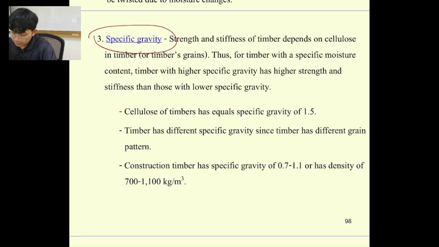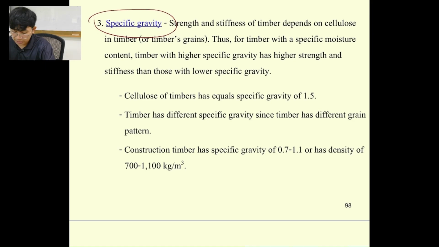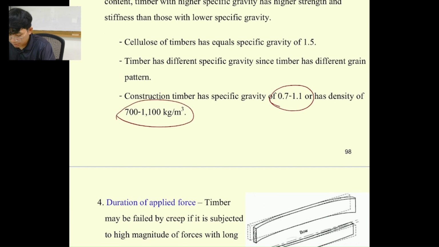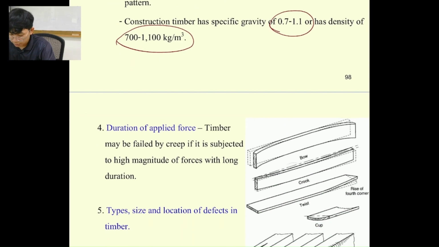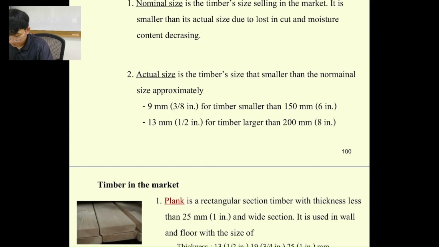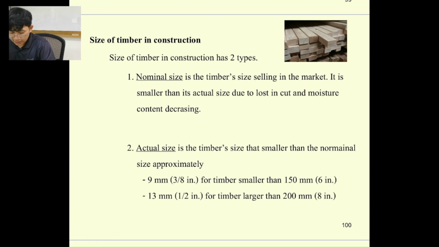We talked about this already. When the specific gravity is higher, the stiffness is also higher, and the strength is also higher. Okay, so construction timbers mostly have a specific gravity of 0.7 to 1.1, and the density can be between 700 to 1100 kilograms per cubic meter. And the duration of the applied force also matters, and then the type and size of it also matter. Okay, and then in the